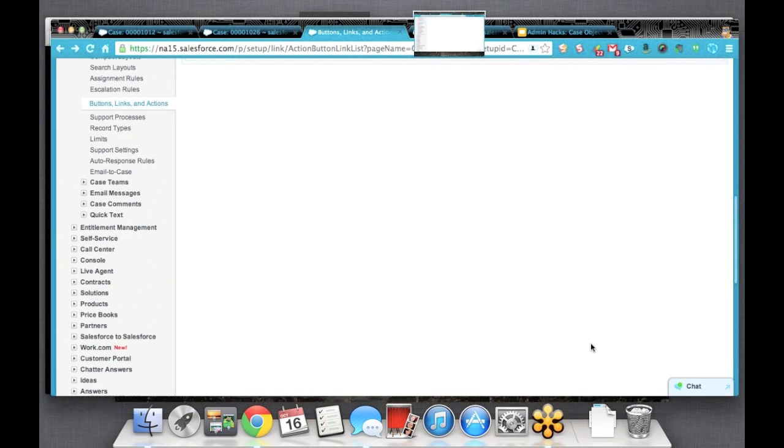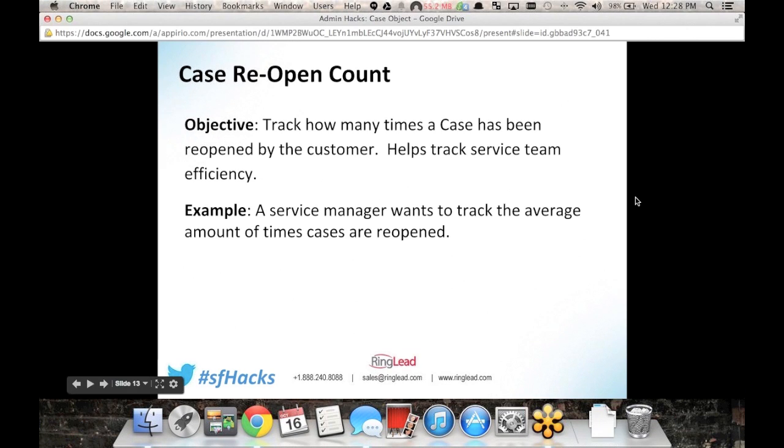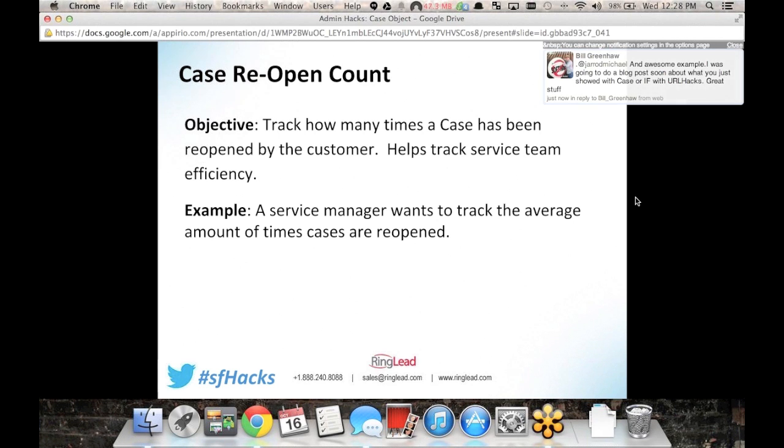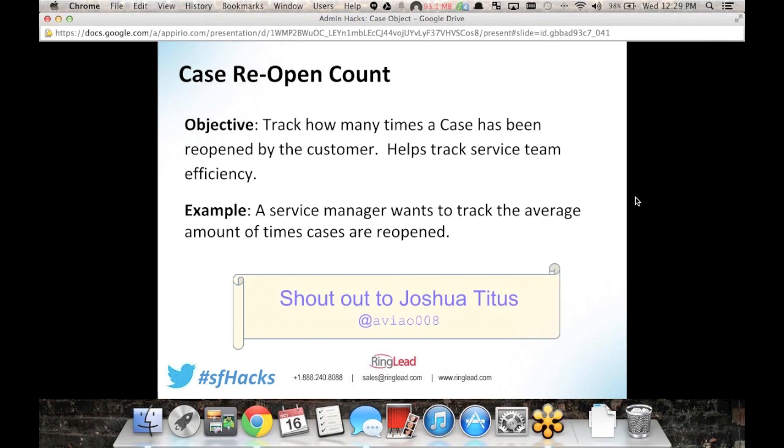Let's move to the next hack here. All right, so this one here is what we call case reopen count. The objective of this one is to track how many times a case has been reopened by the customer. This helps track the service team efficiency. And the example I put there is, hey, maybe a service manager wants to track the average amount of times cases are reopened. And the shout out to this one is a coworker of mine, Joshua Titus,